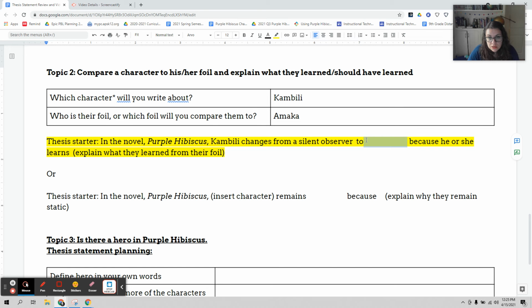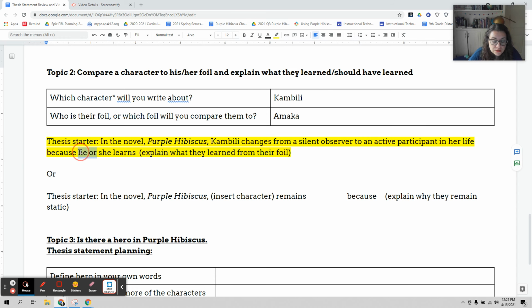In the first chapter, we see her just watching. She's not doing anything. She's just reporting. But by the end, she's actually doing things. So I'm going to say Kambili changes from a silent observer to an active participant in her life